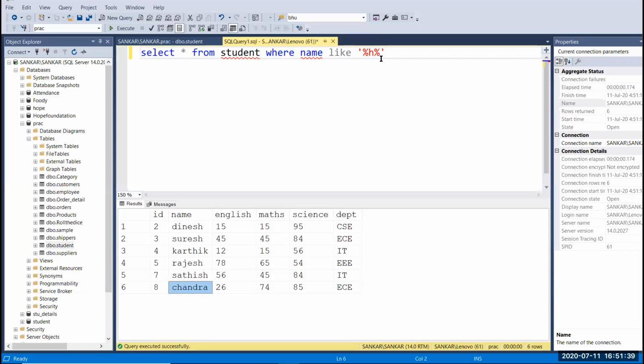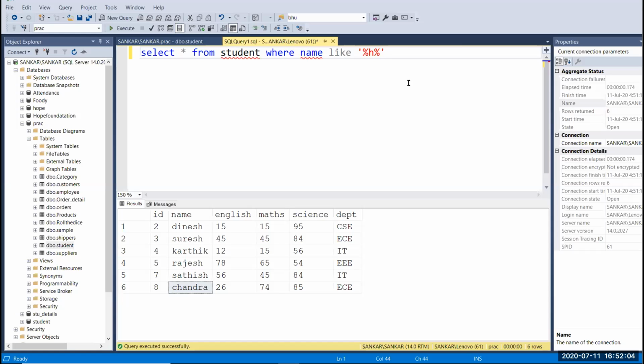So you can pass your letters using double percentage symbols. The double percentage symbol is used to fetch the data if the character is in the first, last, or middle position. It will print the data.